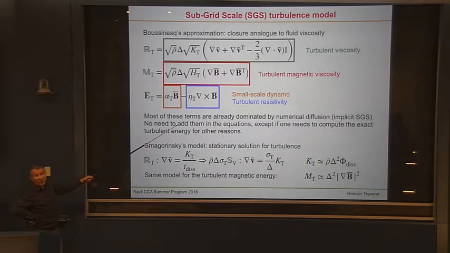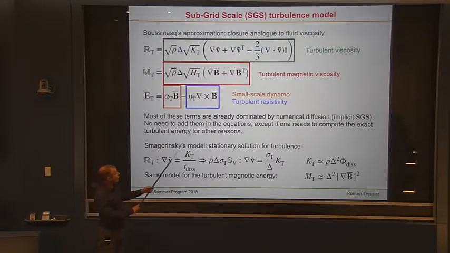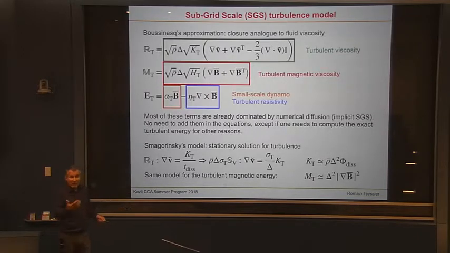So actually, the idea is that you don't need to include them, right? Unless your code has very little numerical viscosity, you're using a very high order method, then you would need them. But most of the time, you don't need to include them unless you need the turbulent energy for other reasons, right? And that's my next point. So that's my first point here. The first message is that you might want to include them if you want, but they have the same order as the numerical viscosity. So it's not necessarily a good idea to include them. But you can if you want, right?